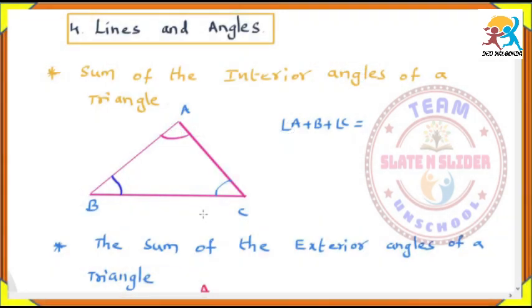We go through some concepts. First, we have to draw a triangle like this, and we have to find out the three angles, angle A, angle B and angle C. So take a protractor and measure the three angles. So after measuring, what have you observed?